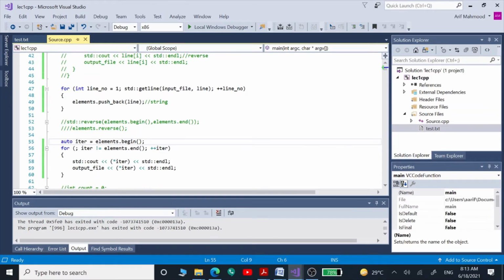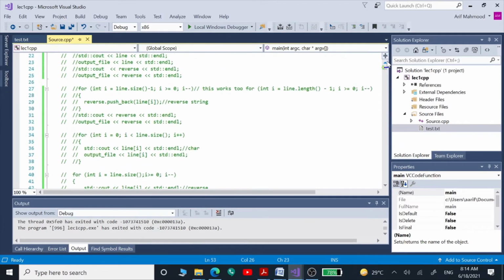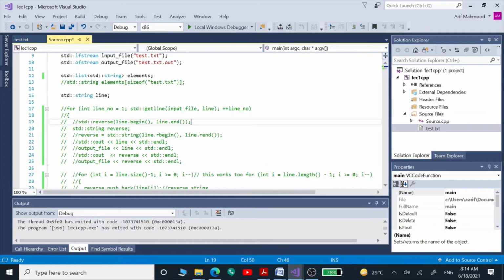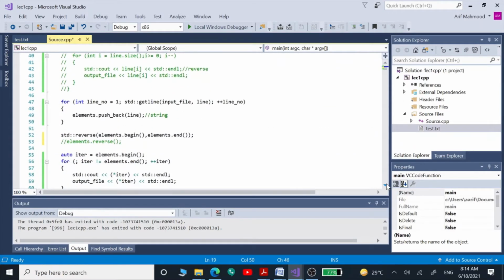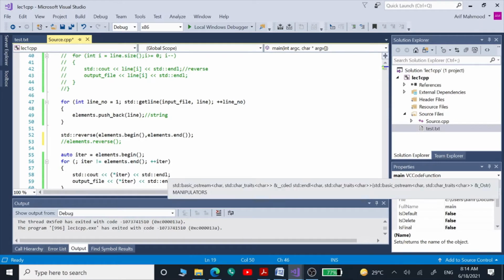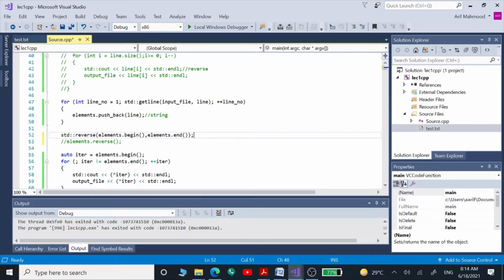Now we have to see how we can reverse this list. In order to do that, there are two methods. First is this std::reverse, and this std::reverse is actually the same std::reverse which we used to reverse our string as well. So the same std::reverse we can use in the case of lists as well. We have included this extra line before running this for loop. So now it is going to first reverse our list, and then it is going to display onto the console window.